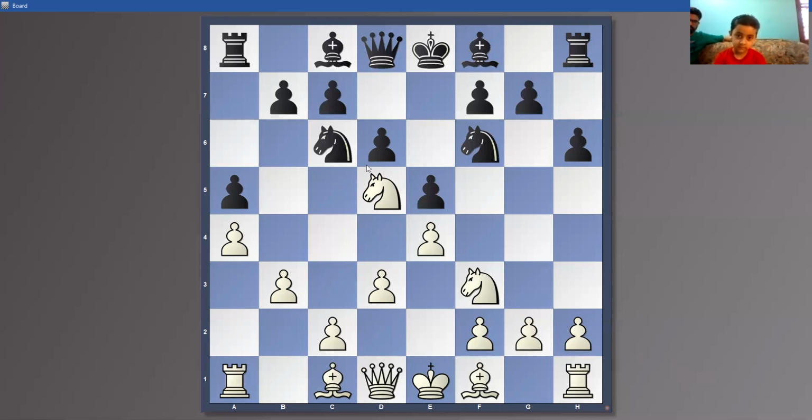So let's see what you are planning with this knight. Okay, let me also move some of my pieces. I will play bishop G4 because this bishop comes on G4. What will you do? And you can take as much time as you need. Just try to calculate and then move.